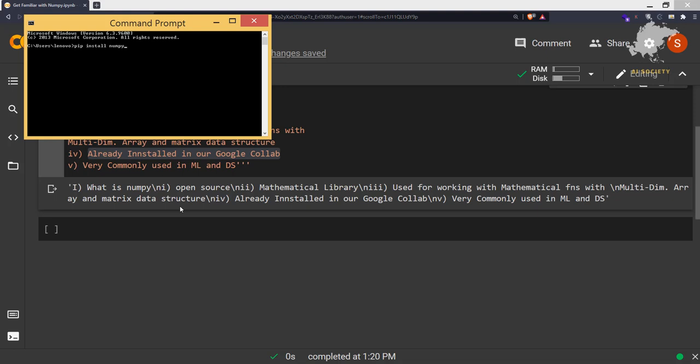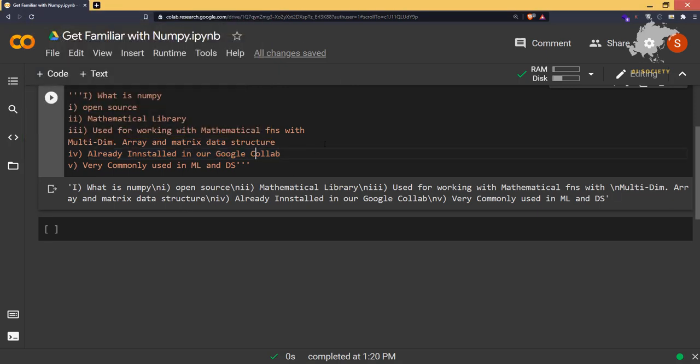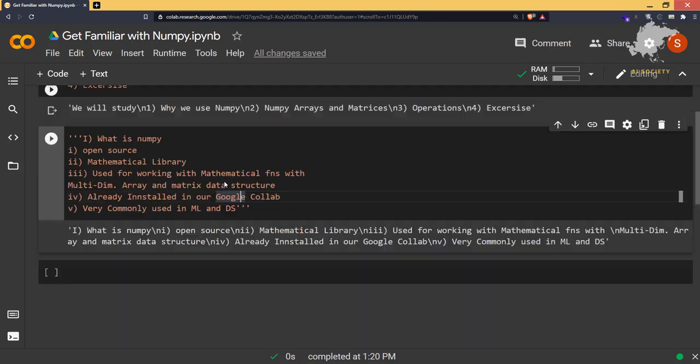If you're using Jupyter Notebook on your own computer and not using Google Colab for some reason, then you can do this and your IDE will easily detect NumPy. Just type pip install numpy and the library will install. But since we are using Google Colab, the server computer already has the NumPy library. So let's move forward.